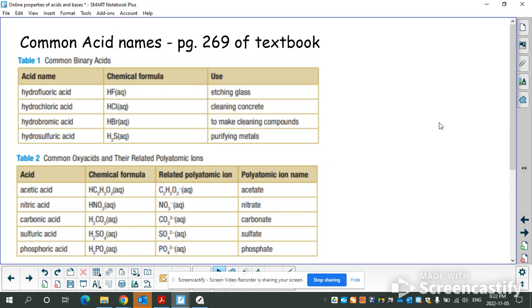So I've put these two charts in the note as well so that you can always reference back to them. We really don't use a lot of these in high school. We use a lot of hydrochloric acid because it's very easy to get a hold of, and we often use it in labs. The other one we'll use in labs is sulfuric acid. The rest of them,